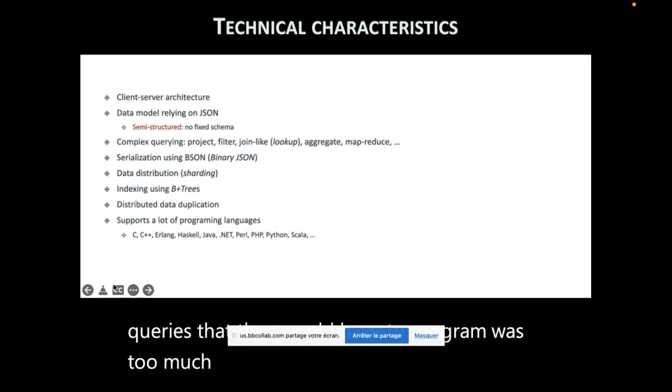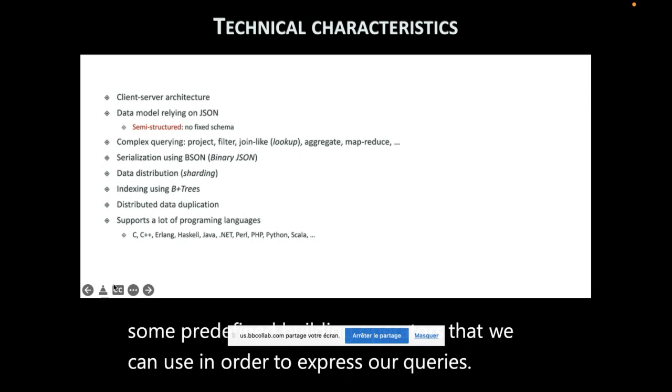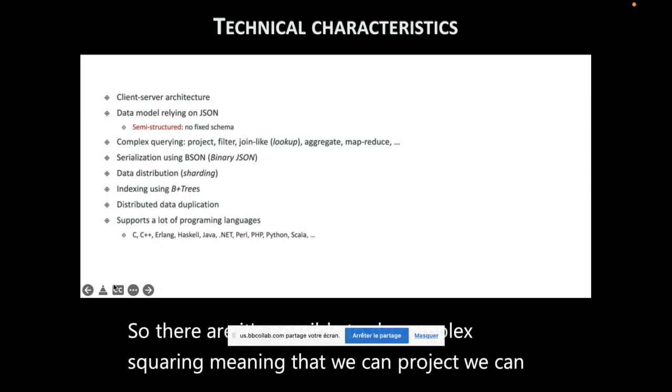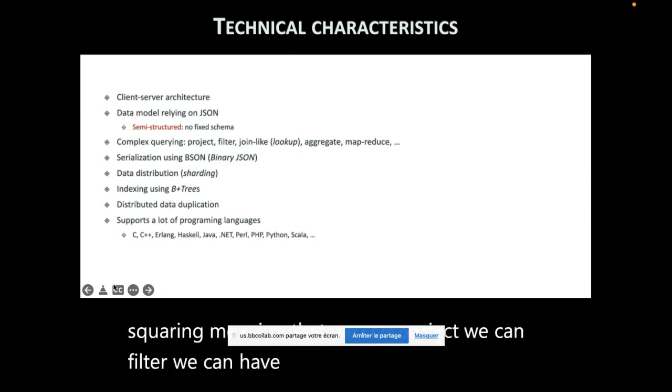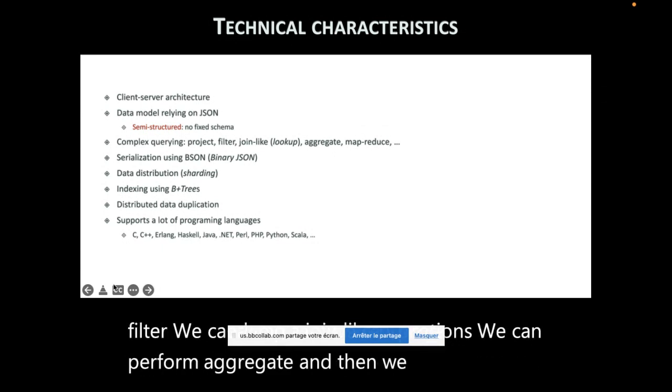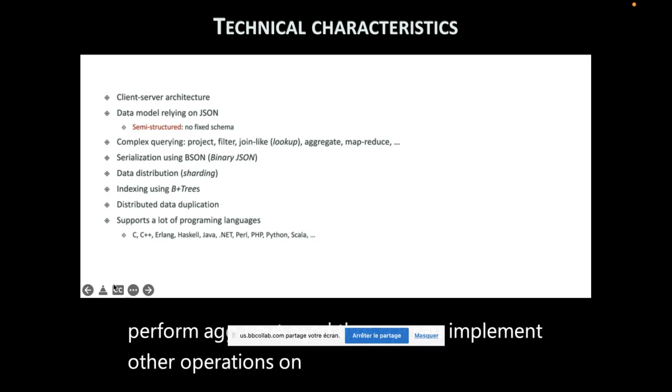So they provide, as we will see, some predefined built-in operators that we can use in order to express our queries. So it's possible to do complex querying, meaning that we can project, we can filter, we can have join-like operations, we can perform aggregates,